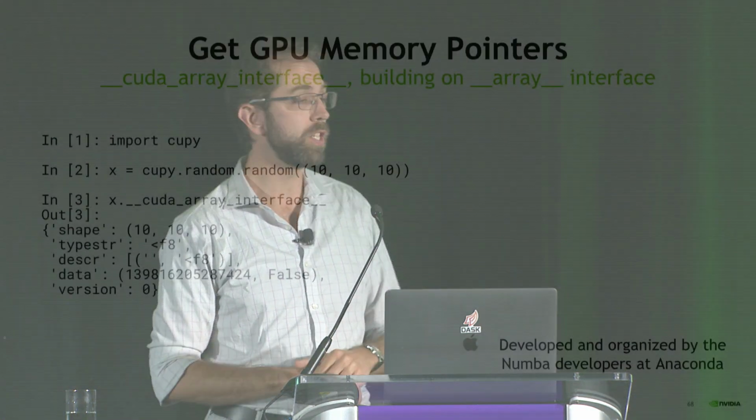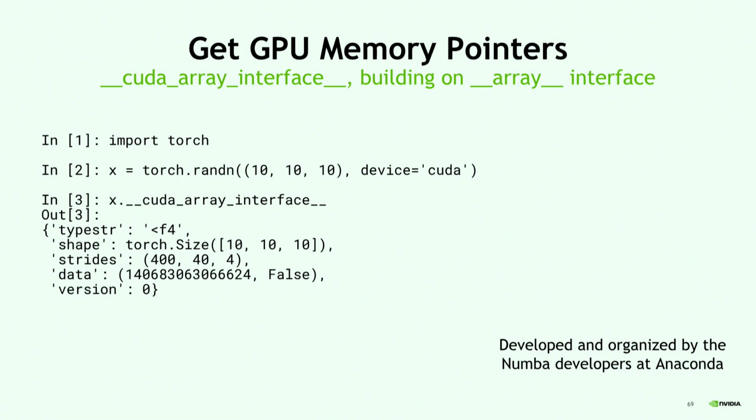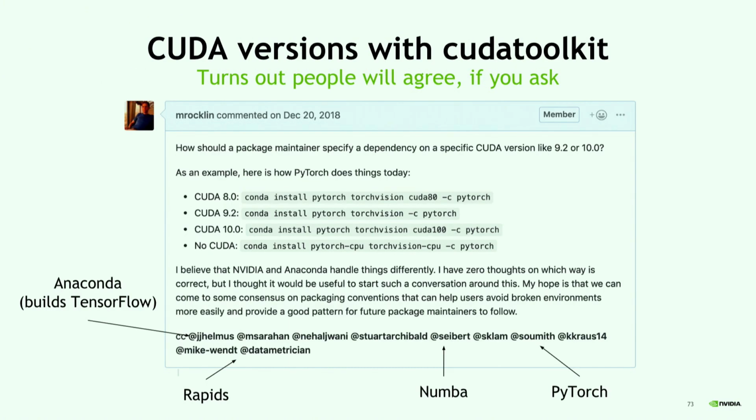For example, there's the CUDA array interface protocol, which objects that hold on to an array allocated in device memory can use to tell you where that memory is. So libraries like CuPy use this. Also libraries like Torch implement this. These I think were both written by the NumPy developers who organized this protocol. They've been actually really awesome at doing a lot of this integration. They're sort of the first Python GPU compatibility community. And what that means